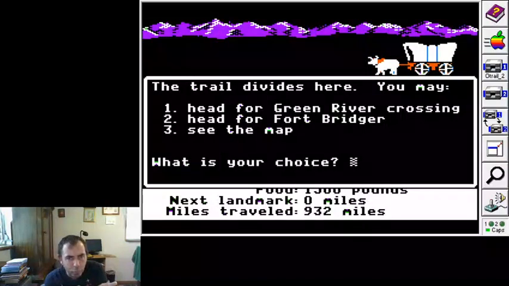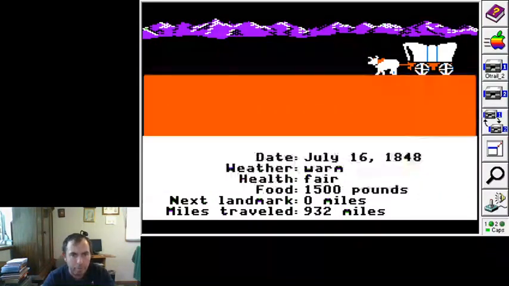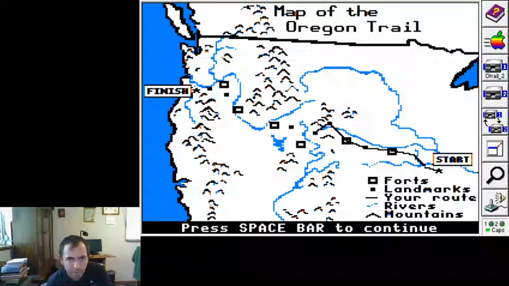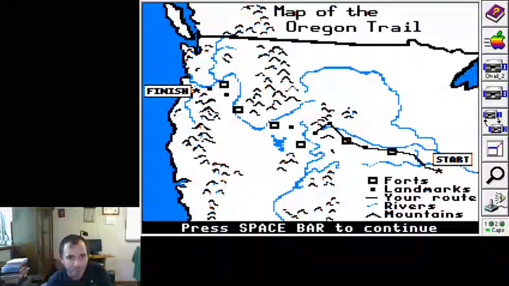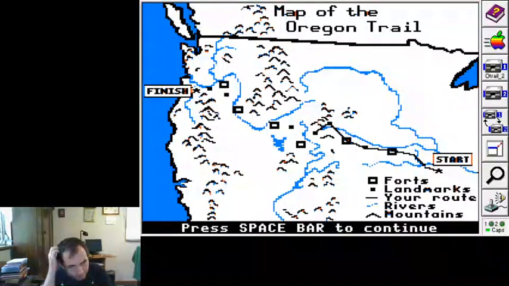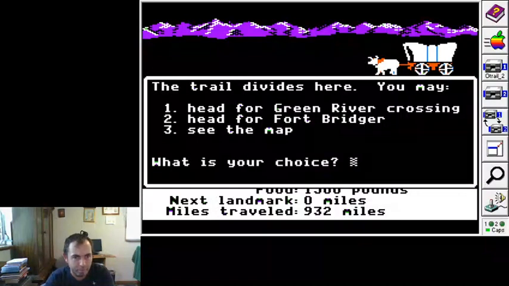Okay, head for Green River Crossing or head for Fort Bridger. See the map. Doesn't really help. I guess Fort Bridger, if I'm guessing correctly, is like an extra fort that you can stop at. So let's do that. Let's go the long way.